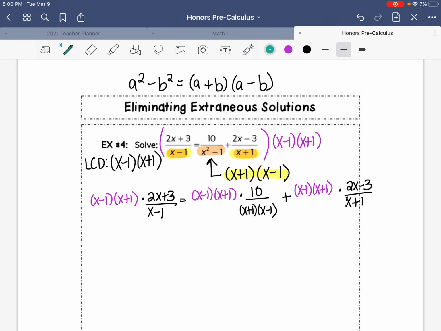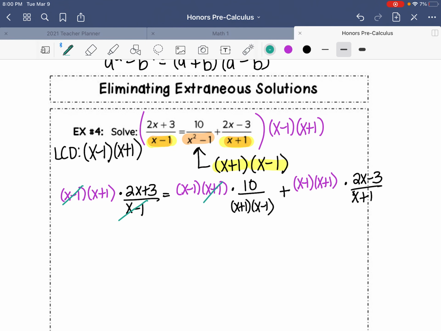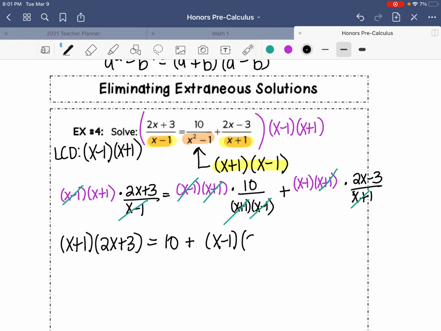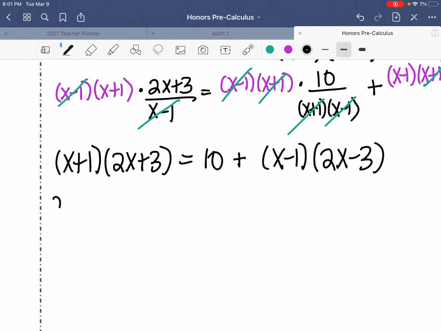So we're looking for the pieces that are going to cancel for each one. We have x minus 1 in the first piece. We have x plus 1, x plus 1, x minus 1, x minus 1. And the last piece is going to be x minus 1. That's going to leave us with x plus 1 times 2x plus 3 equals 10, because everything was gone from there, plus x minus 1 times 2x minus 3. So I'm going to multiply everything out. That's going to be 2x squared plus 3x plus 2x plus 3